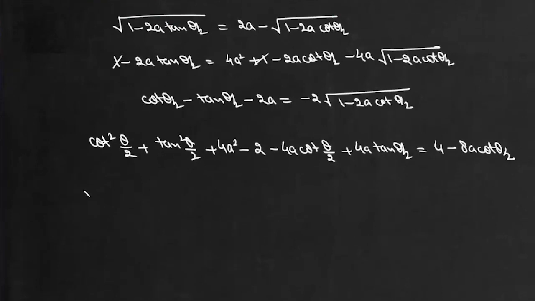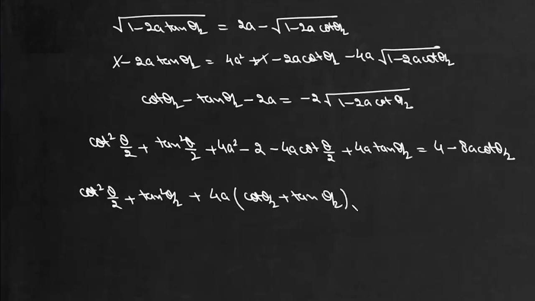Now we can write this as cot square theta by 2 plus tan square theta by 2, and here it is plus 4a, and here we'll take cot theta by 2 plus tan theta by 2, and then we have this minus 6 plus 4a square equals 0. Now what we'll do is we'll add 2 and subtract 2, so we can write this